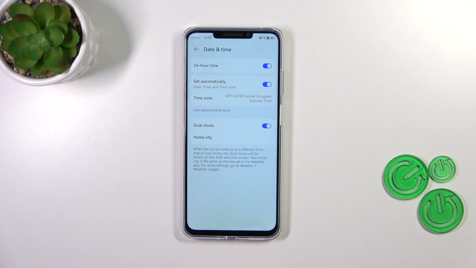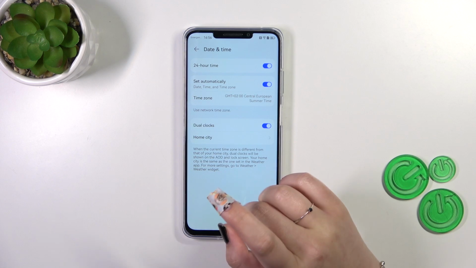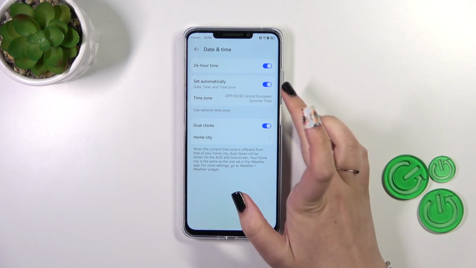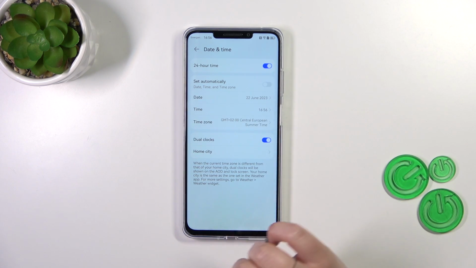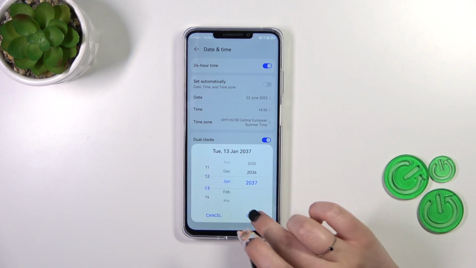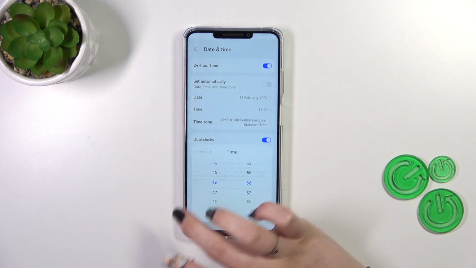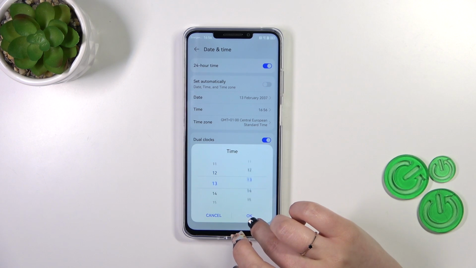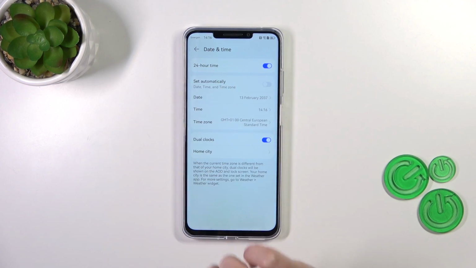Then let's tap on date and time, and as you can see here we've got some options which are not visible right now, so we cannot really manually change the date and time. It is because we are using the time and date set automatically. So let's first of all turn off this option, and right now we can freely tap on date and just by swiping change the date, the time, the same situation, just by swiping, and it will immediately appear on the